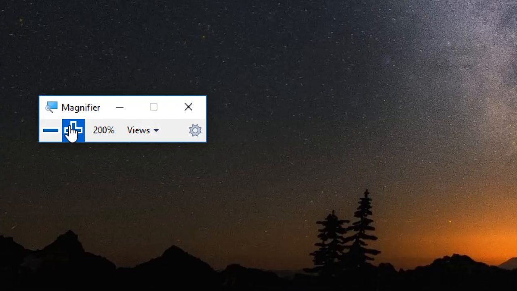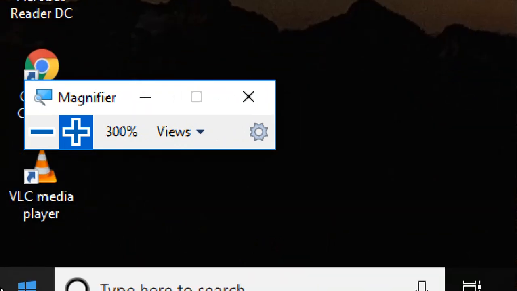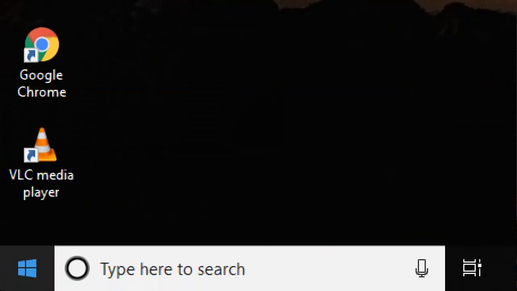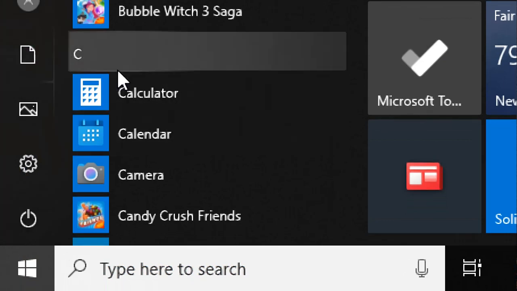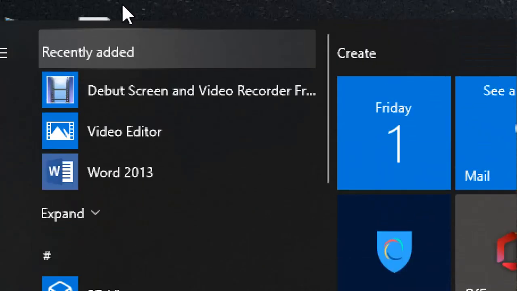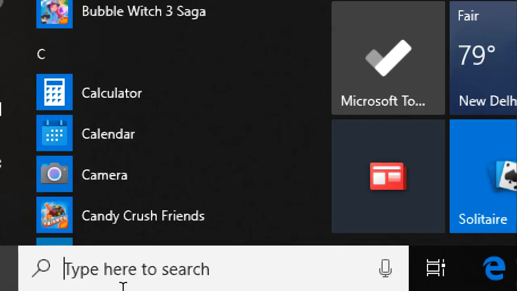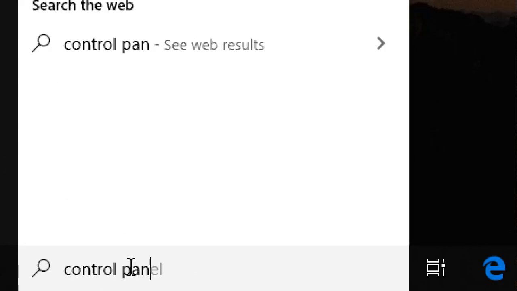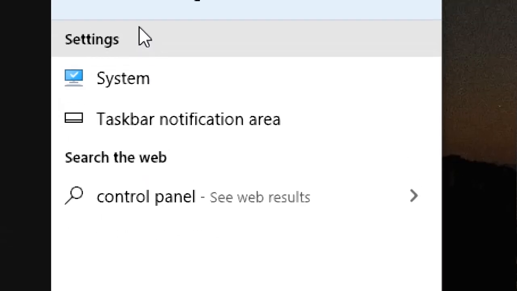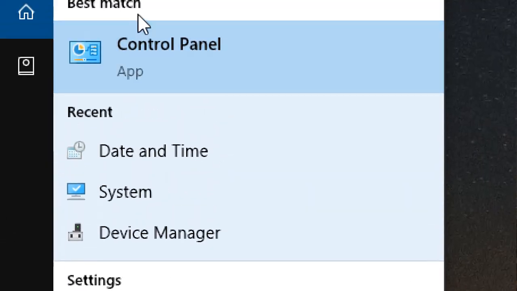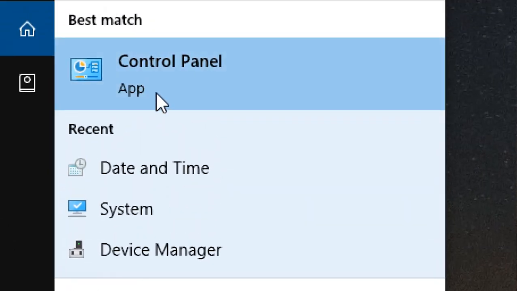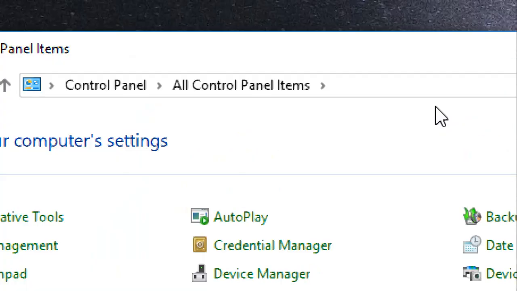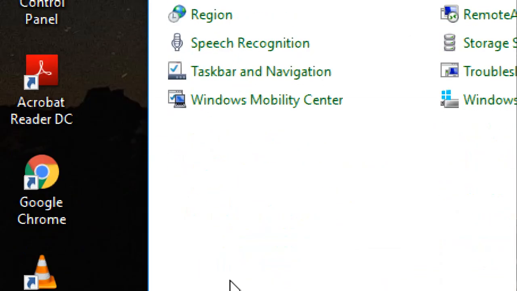How can we start our control panel? Go to the start button first of all. In the start button, if you do not get control panel in the list, then go down to the search box and just write control panel there. You can see the spelling already comes on my screen. So here is the control panel. Just click on it and the control panel screen comes up on your window.